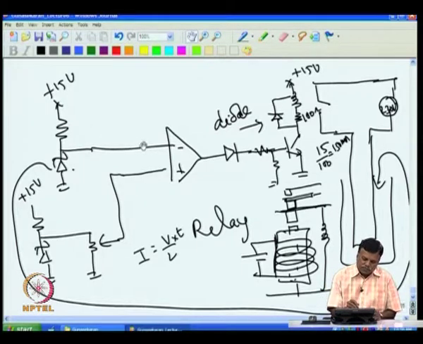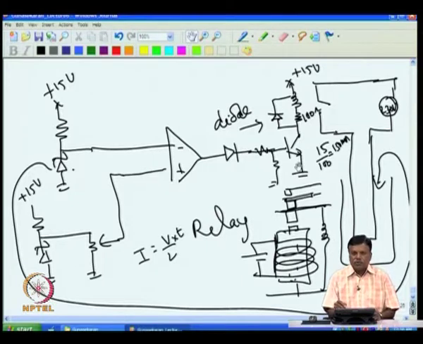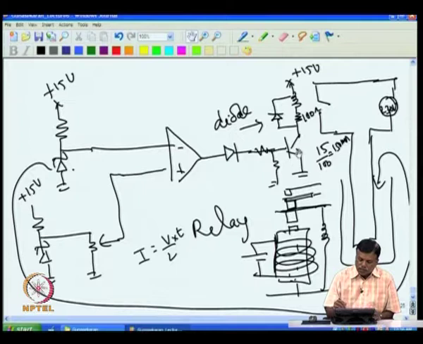Once the temperature goes more than the set value, the output turns minus. Once minus 15 comes, the base voltage is removed and the transistor cannot conduct anymore. The transistor not conducting means we switch off the transistor. Before switching off, the 150 milliampere current was flowing through this coil. If at this point I cut, then whatever current was coming from here is not able to find a path. And if I do not put this diode,